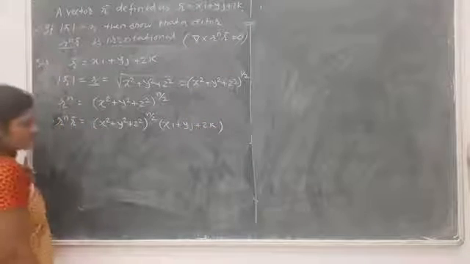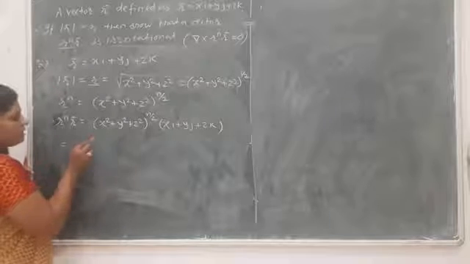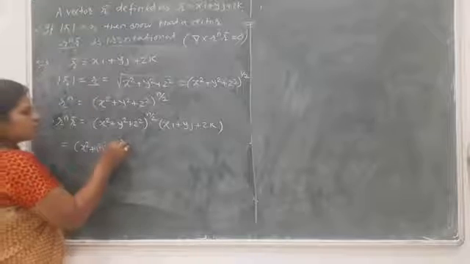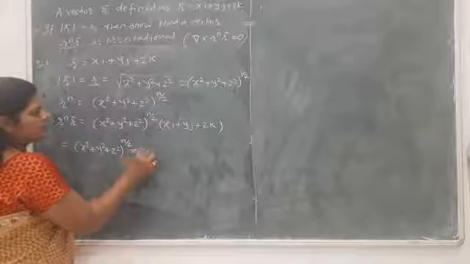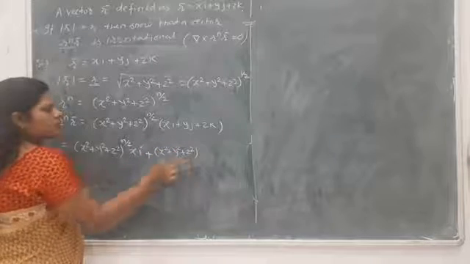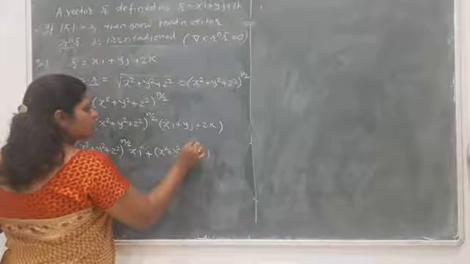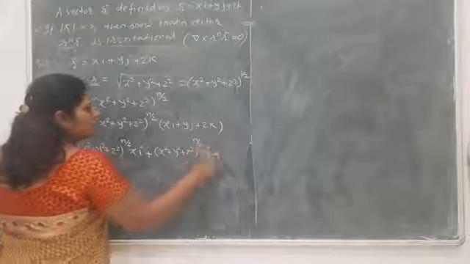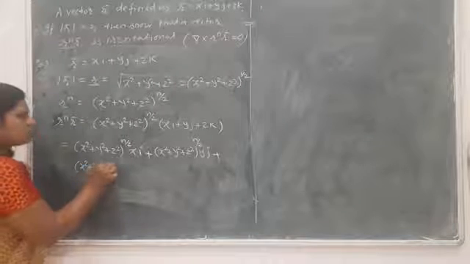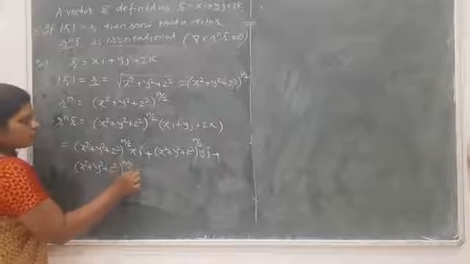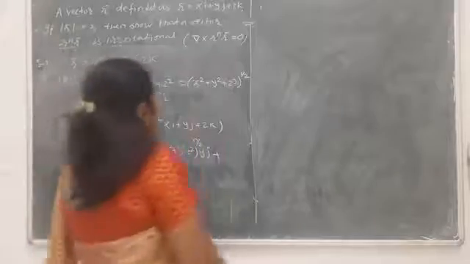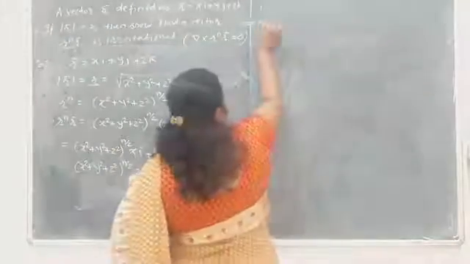So how will we write this term? That is x square plus y square plus z square raised to the power n by 2 into xi, plus the second term, x square plus y square plus z square raised to the power n by 2 into yj, plus the third term, x square plus y square plus z square raised to n by 2 into z k. So in this way we write this r raised to n into r bar, and now we take del cross of this.